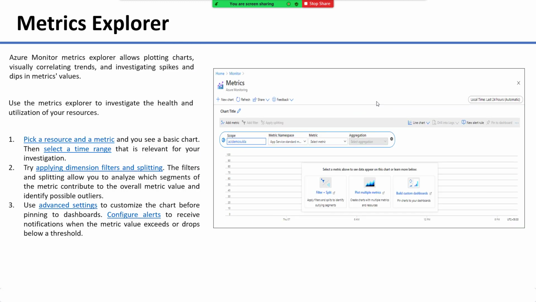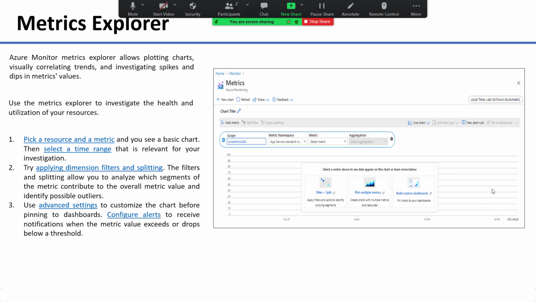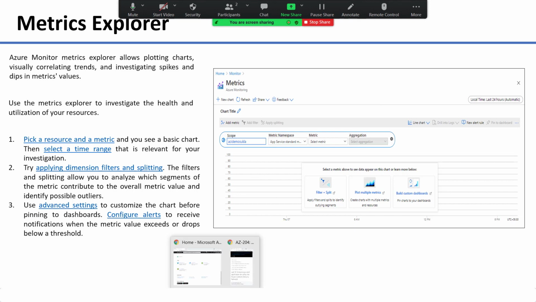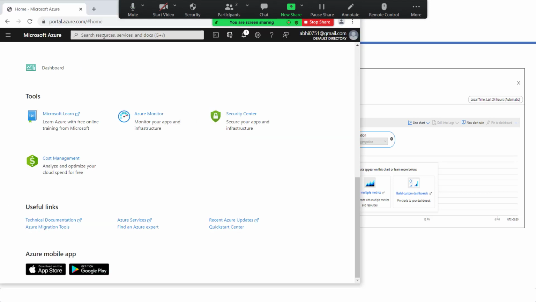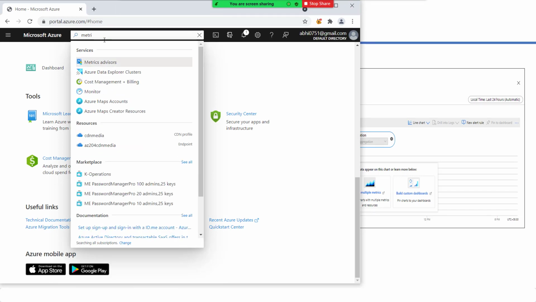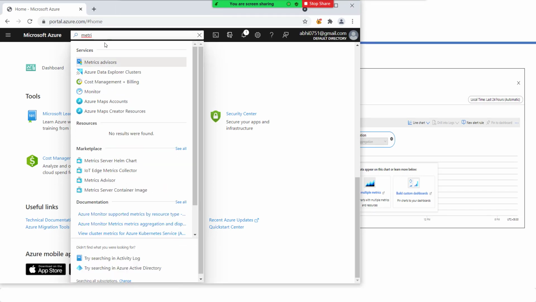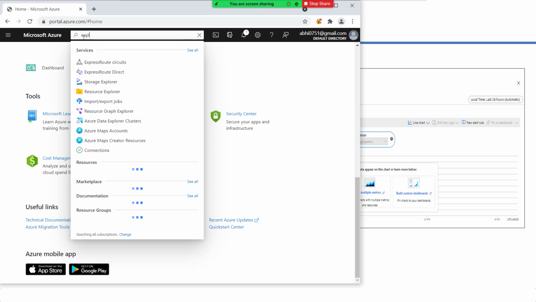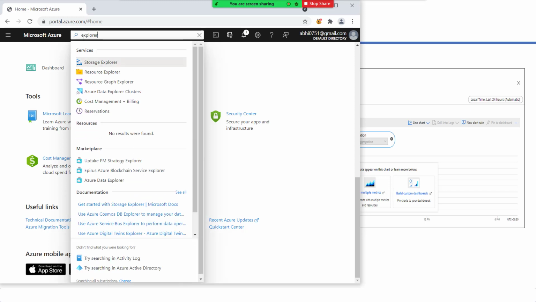Now let me demonstrate how Metrics Explorer works. You have to go here and search for Metrics Explorer.